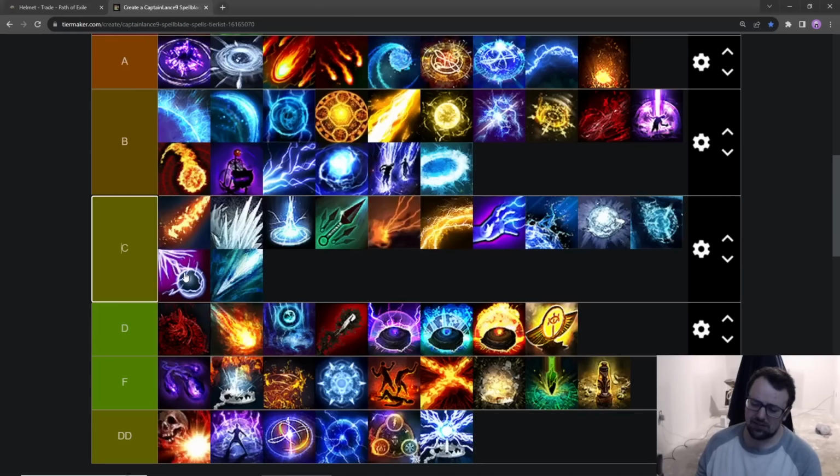And then, weirdly enough, Lightning Trap is one of the few trap and mine skills that rated highly. For this build, we didn't scale into traps or mines at all, so we have very little throw speed. We have a tree invested into cast speed on our clusters, so it doesn't really make sense that this could do well, but this actually impressed me. I realized today, or yesterday, that Lightning Trap is actually probably one of the strongest trap skills at base,